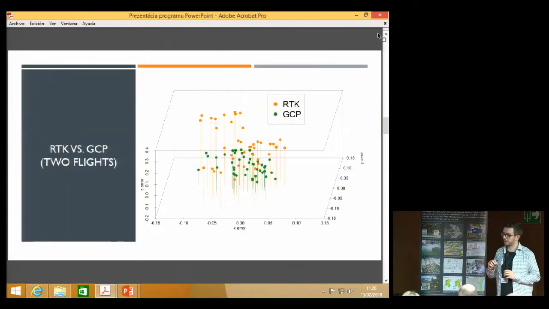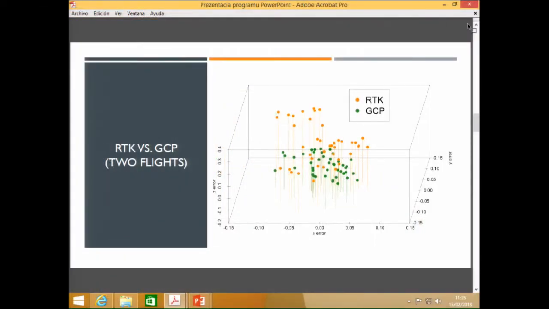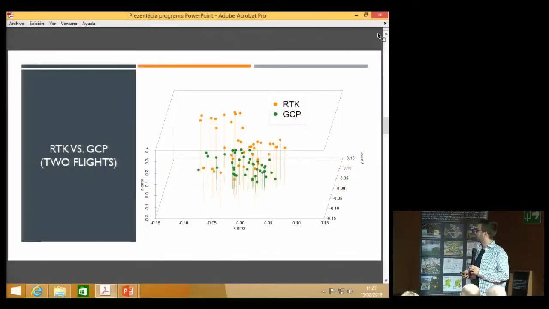Here are some results from the 2 flights. This is real-time correction versus the ground control points. We can see there is some trend in real-time correction in the Z value, I think here's the Z value, and these points have higher errors. And when we use the 5 ground control points for the transformation, we have eliminated these errors. And these points were in an area where the slope was very steep. But these are results from last week, so we are going to go a bit deeper to find what's causing